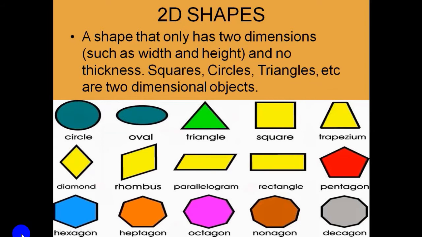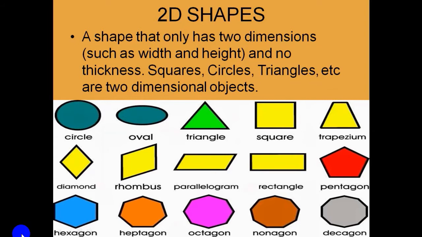A geometrical shape that only has two dimensions, such as width and height, is called a 2D geometrical shape. And dear students, I have already told you in the previous video lecture that every geometrical figure is a set of points. So today we are going to find the area, the perimeter, the volume of the geometrical shapes.